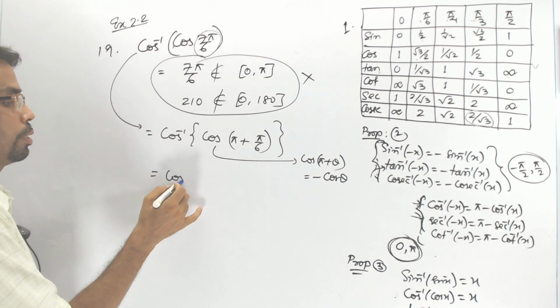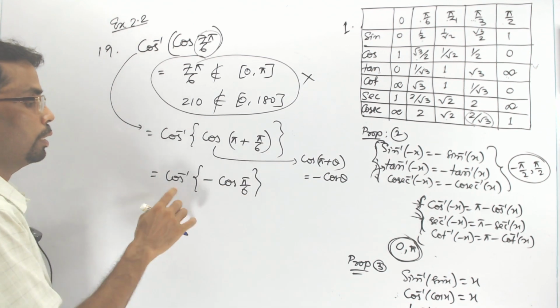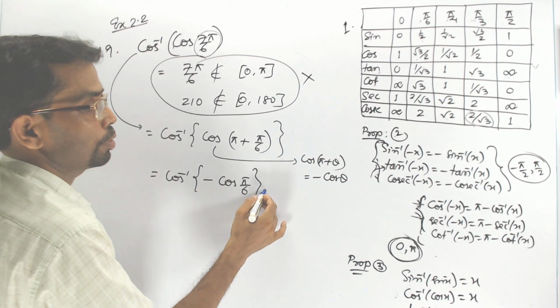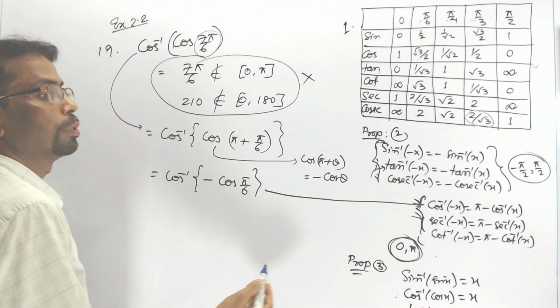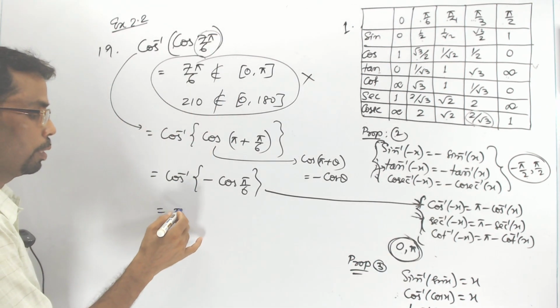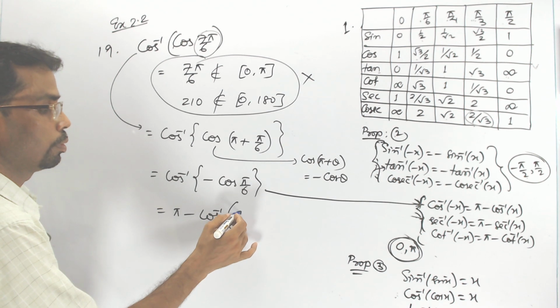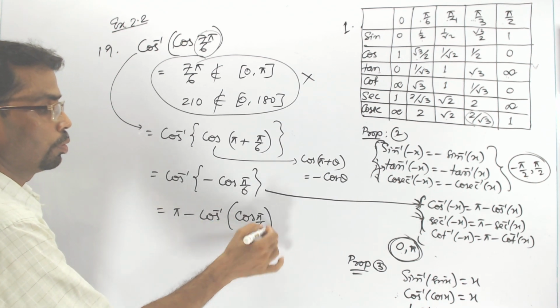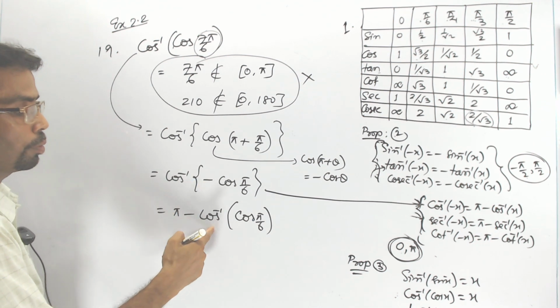So it is like this, minus cos pi by 6. The problem is again cos inverse negative, and for cos inverse negative you must apply the property: cos inverse negative is pi minus cos inverse positive. So according to this property only, I am writing here cos inverse negative is pi minus cos inverse positive, and